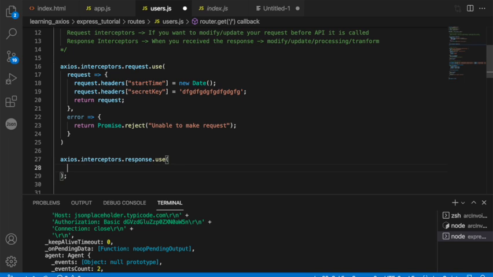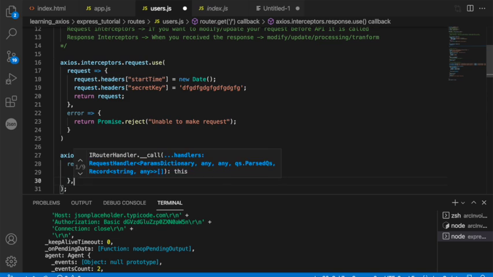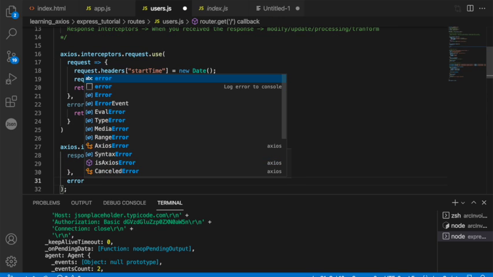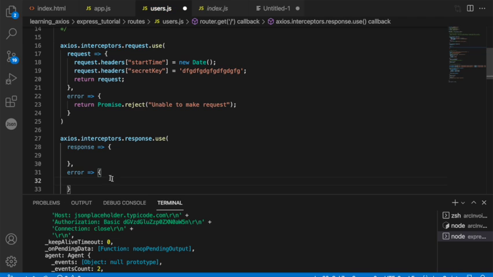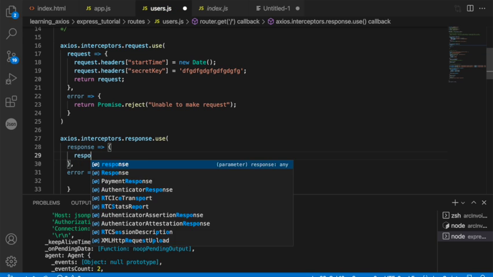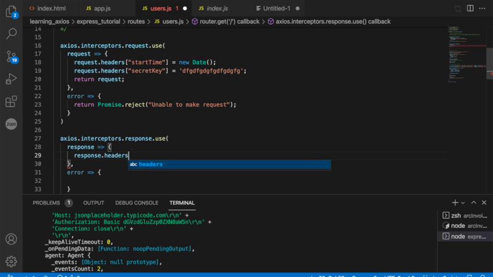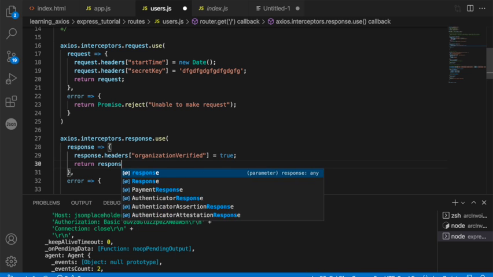Again, if you want to handle something, or add a new ID value, or anything, let's say a count, you can just modify it here. You can say response, and then there is an error. And in the response I'm going to say response.headers organization verified equal to true. So again, it can basically be anything and everything that you want